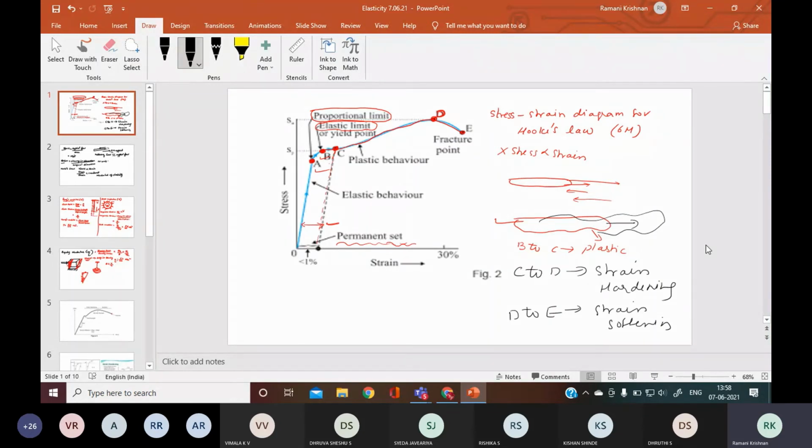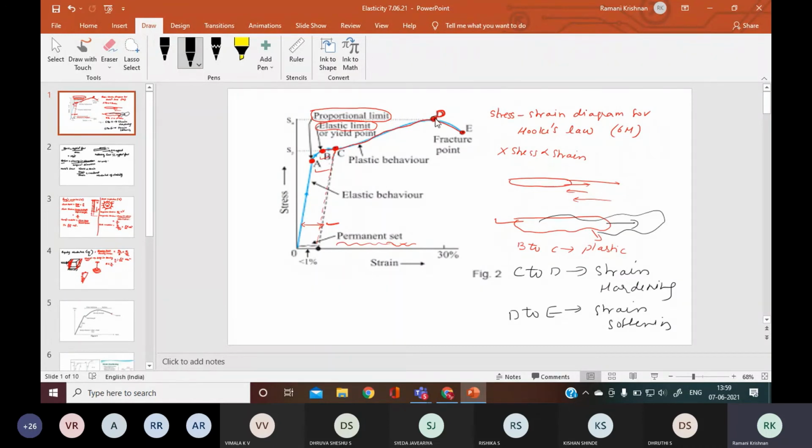So this is called the stress-strain diagram, using Hooke's law. What are the points? This diagram you will be drawing in the exam. OA is the proportionality limit. Here the full elastic nature is there, and the particle obeys Hooke's law. B is the yield point or the elastic limit. After that, the particle is going to become plastic, and from here to here I get a curve.